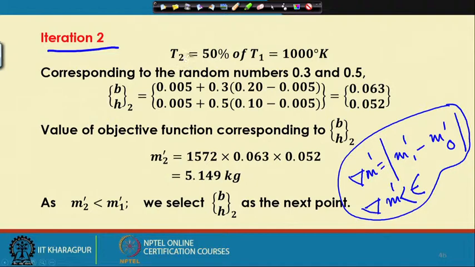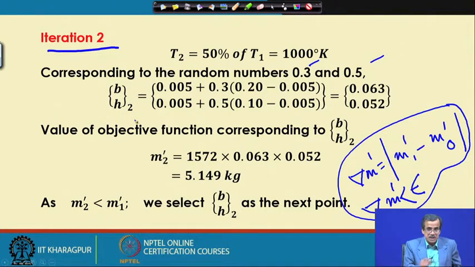Supposing that we have taken the decision that we will go for the second iteration, this is how to proceed. Corresponding to the random numbers 0.3 and 0.5, we try to calculate Bh corresponding to the second solution. Exactly following the same principle, I can find out that B is 0.063 and h is